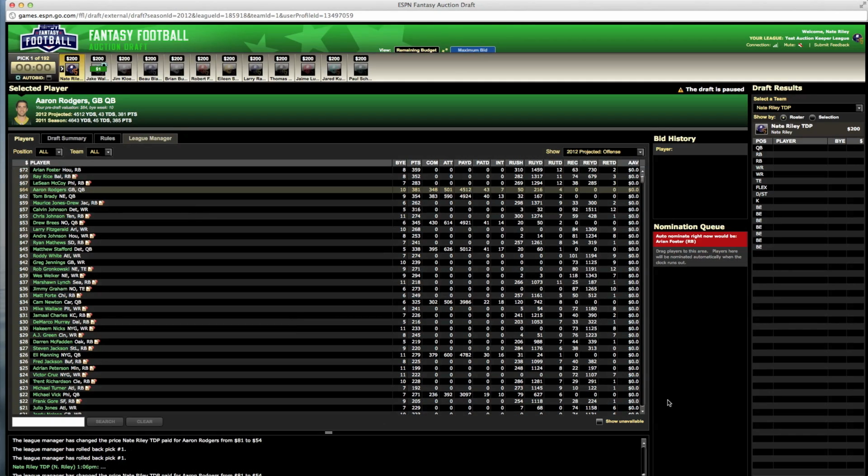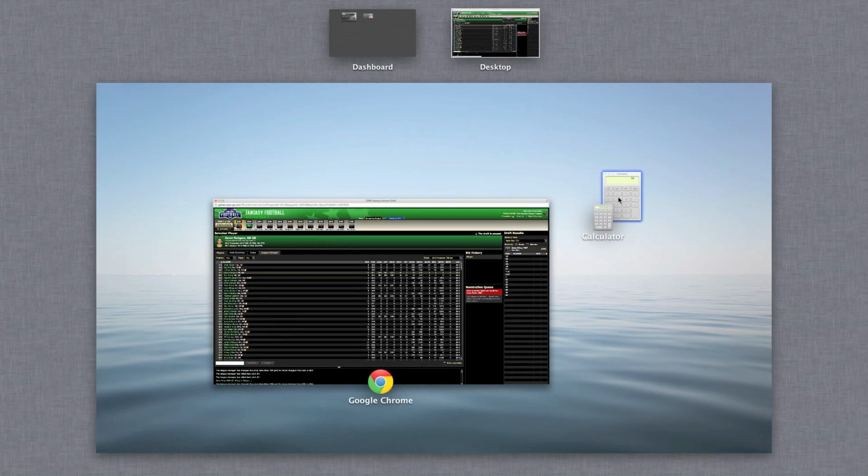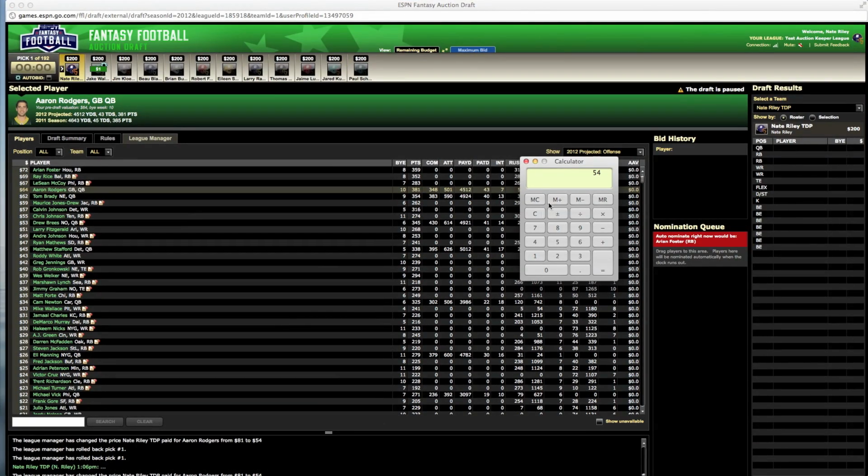If we do this, we decide the keepers before the draft rather than trying to decide them based on draft day value. We simply use ESPN's value, for instance. It says it's $64. Each team can then take a couple of days or weeks to decide which keepers they want to keep. You would just go through and calculate all of your keepers at their current rates. So 64 times 33%, that's $21 off. So Jim would be able to keep Aaron Rodgers for $43. And he would make that decision before the draft.